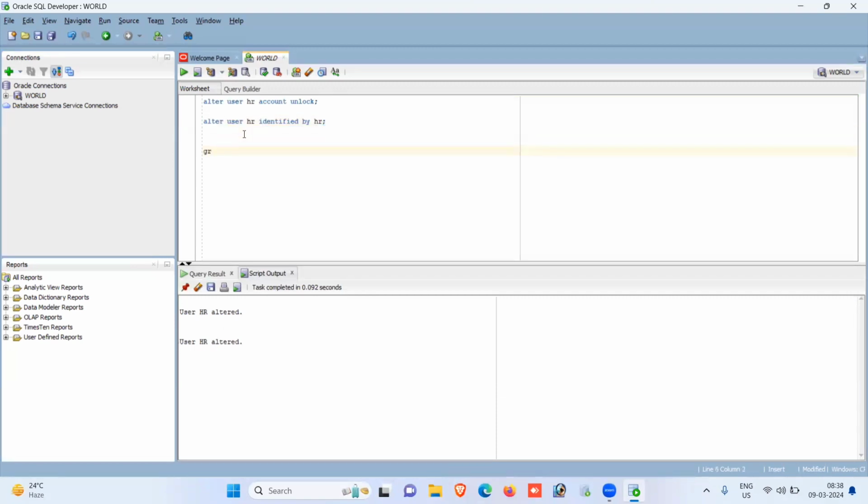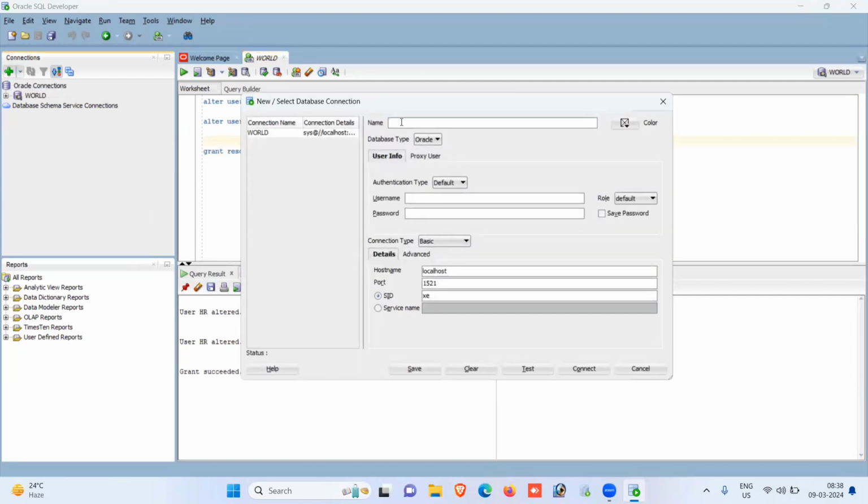Now give the permissions to run some queries. Grant resource, connect to HR. Grant succeeded, right? So what you can do now is click on the green icon here and type